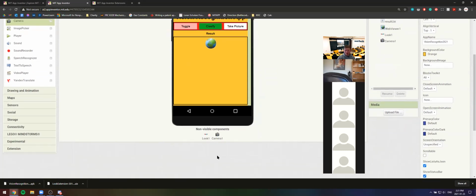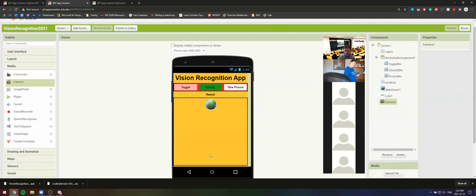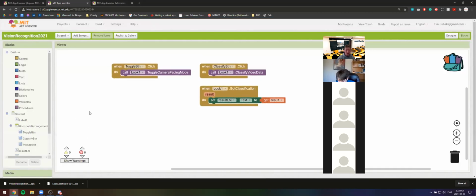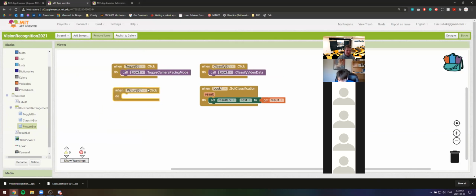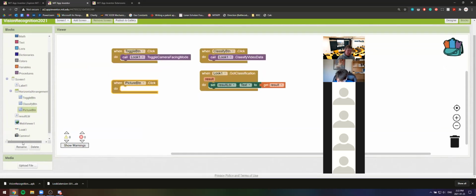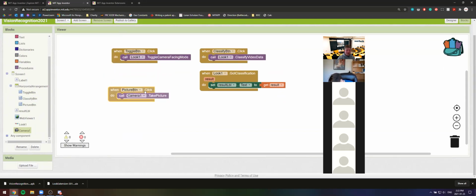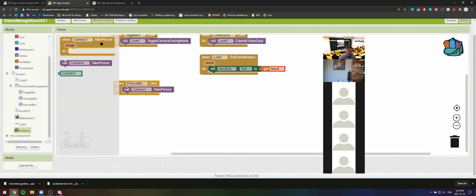Okay. So now that we have our camera out here, we're not going to be doing anything else within the front end here. Everything that we're going to do is going to be coded in the back. All right, so I'm going to go to blocks. And basically, I'm going to code it so that when I press my picture button, so when picture button dot click, all right, then what I'm going to do is I'm going to take a picture. So I'm going to go to camera and get this blue one that says take a picture. And this is going to be a little bit of a chain of commands here. So we're going to say click, take a picture. Then after the picture has been taken, so when camera one dot after picture,